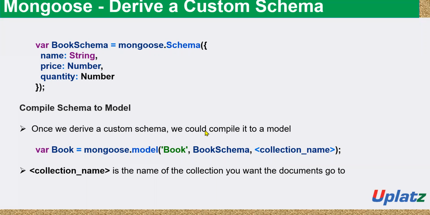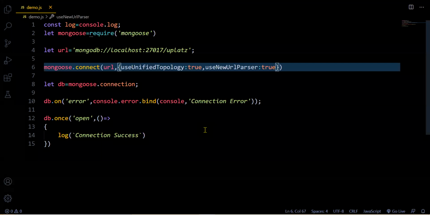Now the first point I want to discuss is I'm going to develop a schema with the name book schema itself with some properties. So I'm going to pass one object which contains some properties with respect to the book. Later we will see how to compile that schema to a model. So back to VS Code, we will